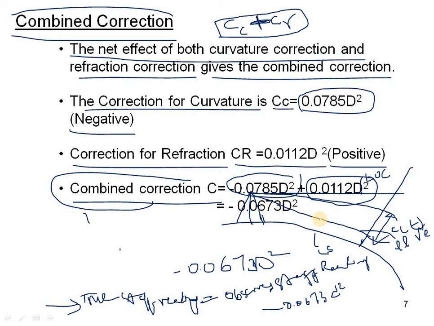So in refraction and combined correction, the effect of curvature and refraction when combined is to make the objects sighted appear low. So in combined correction also, the objects, when we sight them, will appear low. Hence the overall correction is subtractive. That means the overall correction will be subtractive, so that we can find out this combined correction.